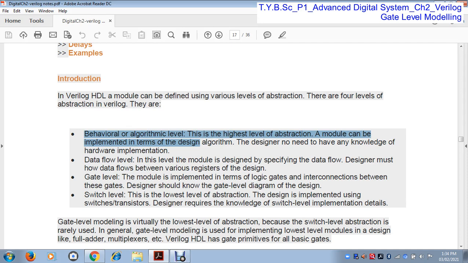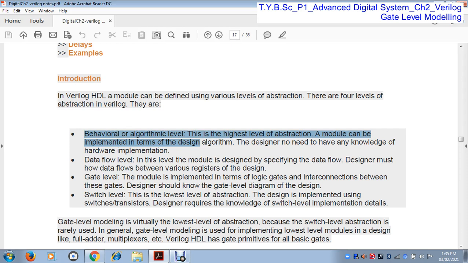Here the designer has knowledge of different types of logic gates and how data flows from one gate to another gate. In behavior, the designer has no need to know the hardware logic gates. But in data flow level, how data flows between two electronic components or two elements is known to the designer.